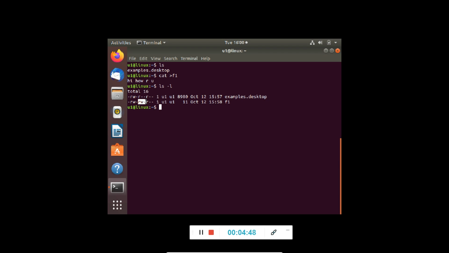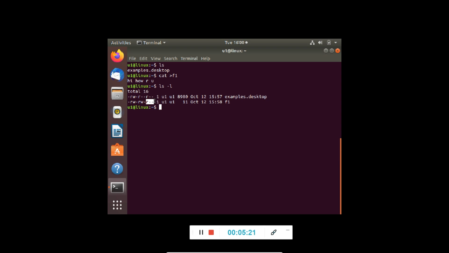A user belongs to a particular group, so all the users of that group can read and write, but they cannot execute. Similarly, the other three characters tell about read, write and execute for others, irrespective of users and irrespective of members of the group. This is the permission for others. So others can read the file, but they cannot write into the file. So this is what a permission is.